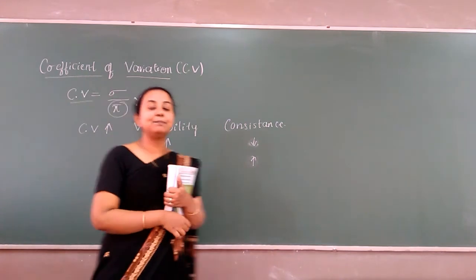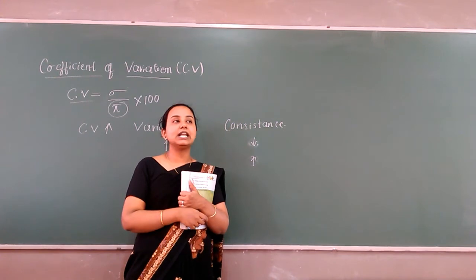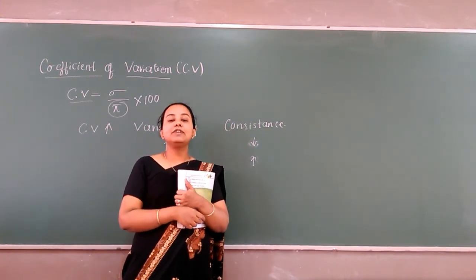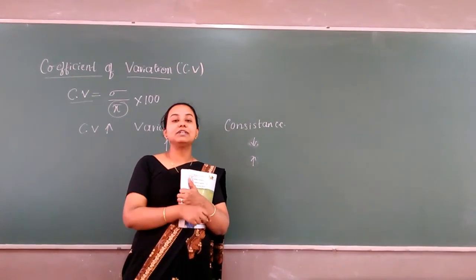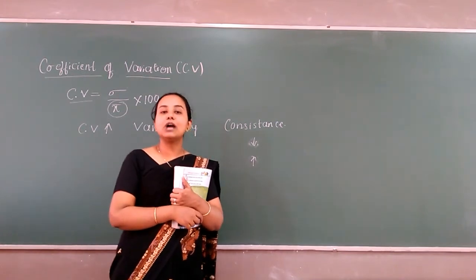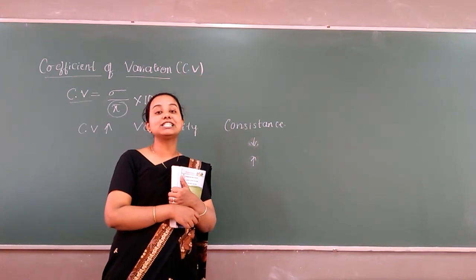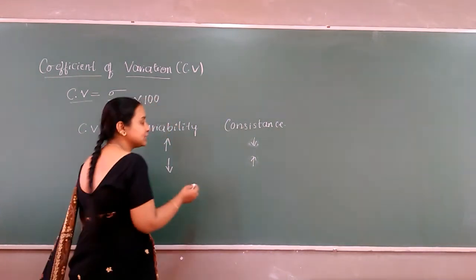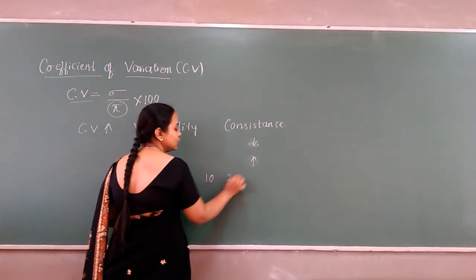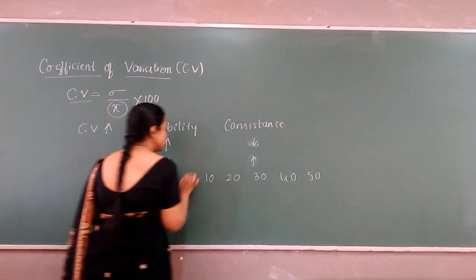For example, let us consider only one person's data. That is, let us consider a student. We will keep an eye on his weight. Height at least doesn't change after a few years, so we will consider only the weight. We are going to take the weight of that student for 6 months. Let us assume that we have taken it for 6 months and the data is 10, 20, 30, 40, 50. This is for some student A.